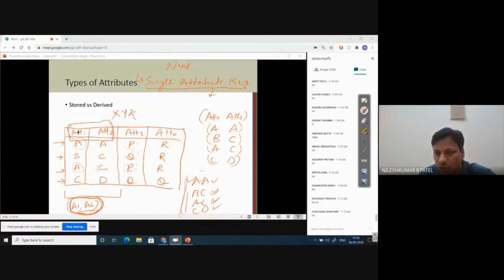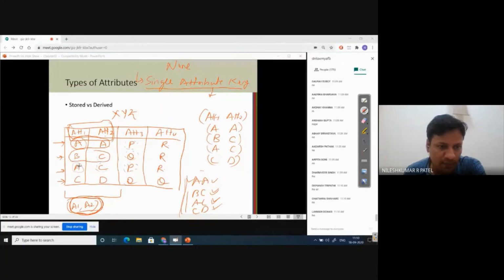If you say no, it is wrong, right? So do not go with other answers. This time you are wrong. So think by yourself and just try to give an answer. Many of you say no, but that is wrong, right? When we combine attribute 1 and 2, we can find uniqueness here. AA is nowhere available in these 2 columns, BC is nowhere available, AC is nowhere available, and CD is nowhere available. Means duplicate entries are not there, right?